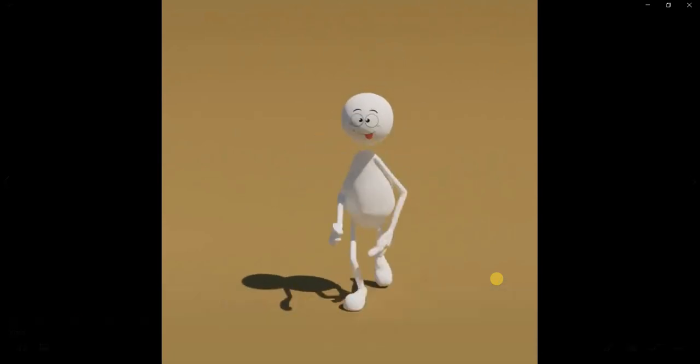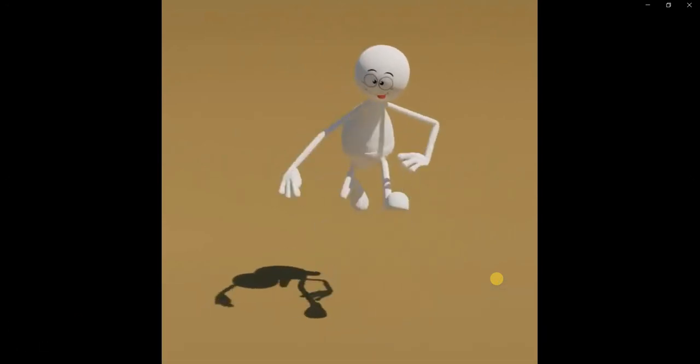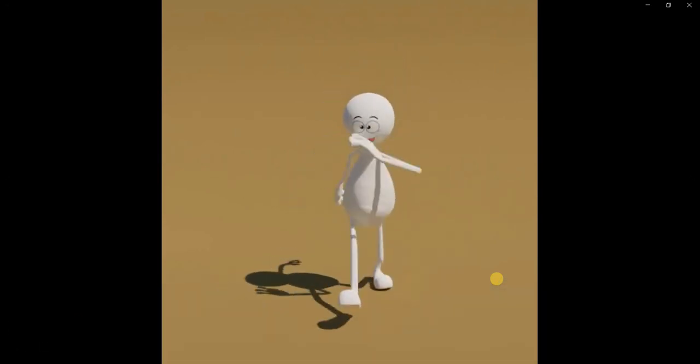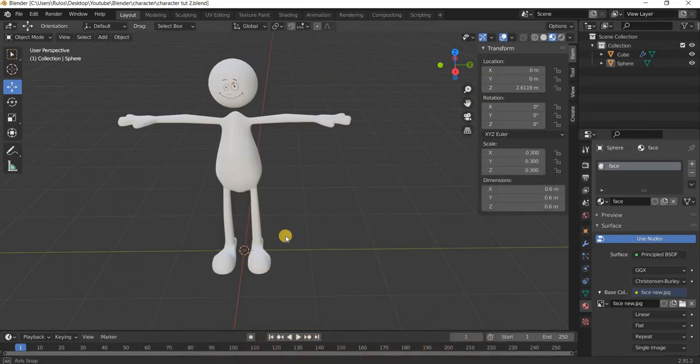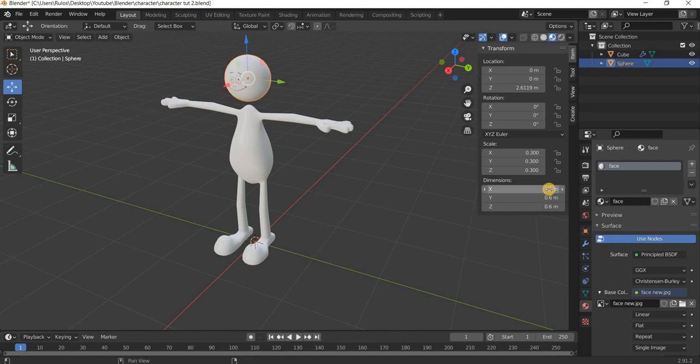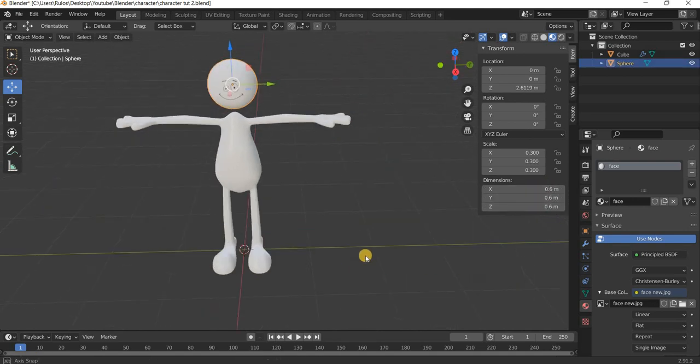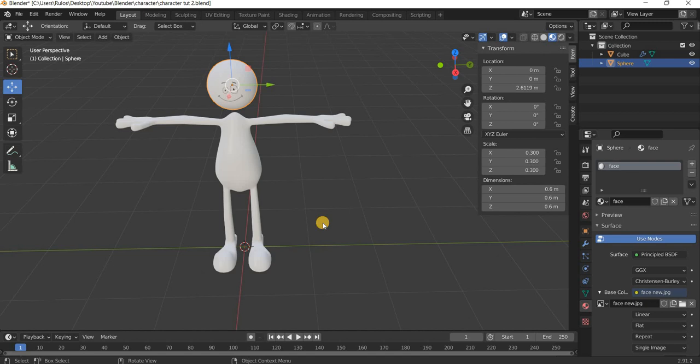So we have modeled the character. Now we're going to look at how to create animation in Mixamo and then render the animation out. So we are here. I just made the size of the head a little bigger because I thought it was smaller. Now what we need is we are going to create